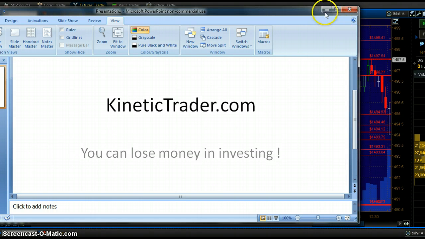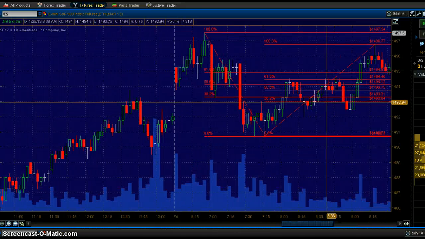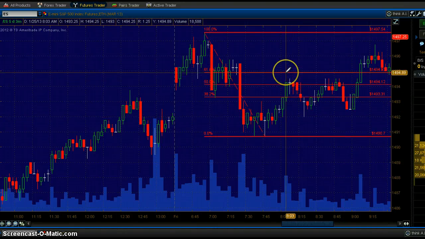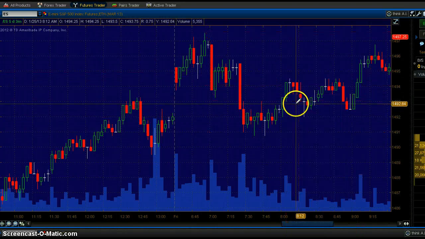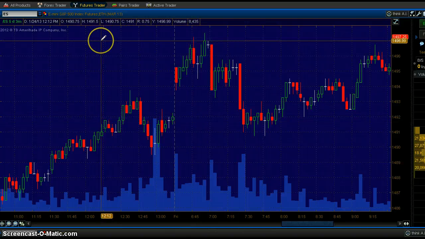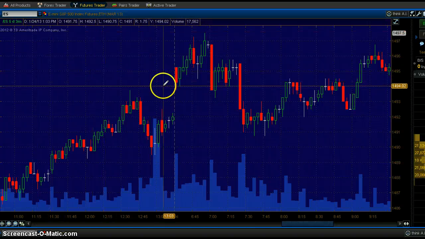So we're going to talk about Fibonacci levels. I mentioned what they are in prior videos, and you can look it up to understand Fibonacci. But again, the most common ones, we'll delete this stuff. And I'll show you how to do this if you use Thinkorswim. So this is the ES chart, which is the S&P 500 E-mini contracts, and this is a 3-minute